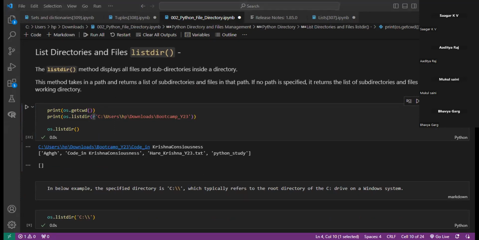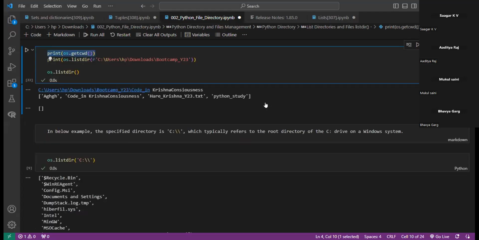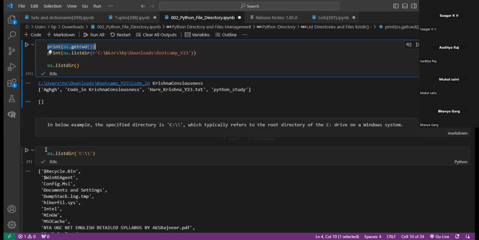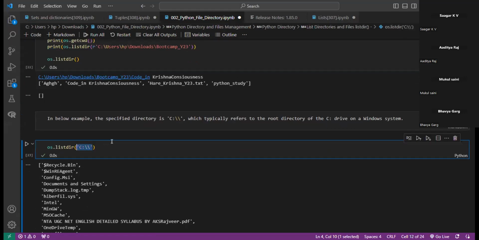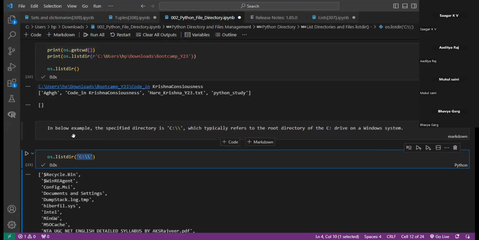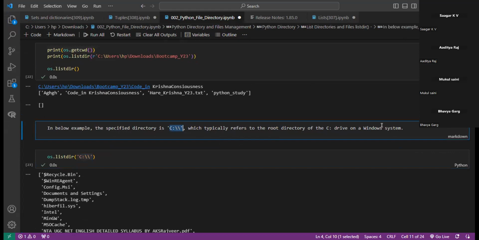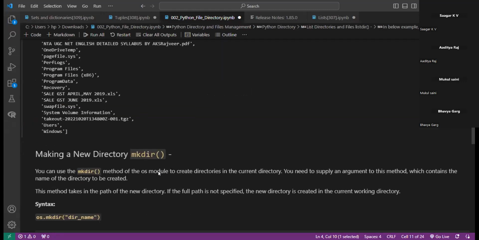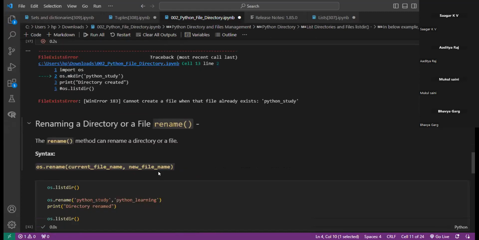Currently, we are in bootcamp Y23, and these are the files. हाँ, इसके अंदर जो हमने लिस्ट निकाली है फाइल्स की, वो कौन सी डायरेक्टरी की निकाली है? वो है ये वाली डायरेक्टरी, C कॉलन डबल बैक स्लैश, ये जो हमने डायरेक्टरी का पाथ दिया है, ये हमारी रूट डायरेक्टरी है, it refers to that root directory. हमारी जो रूट डायरेक्टरी है हमारे विंडो सिस्टम की, यानी हमारे पूरे लैपटॉप की जो मेन रूट डायरेक्टरी होती है, जिसके अंदर हमारा मेनली सारा वर्क स्टोर होता है. mkdir, ये हमने देख लिया।